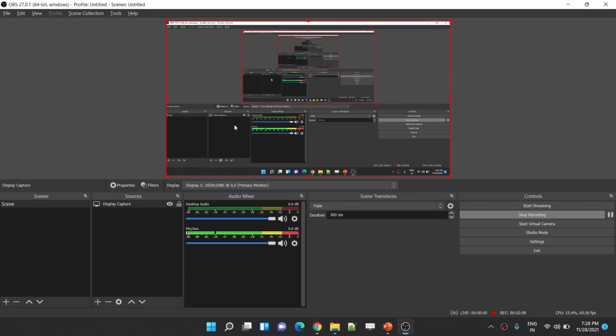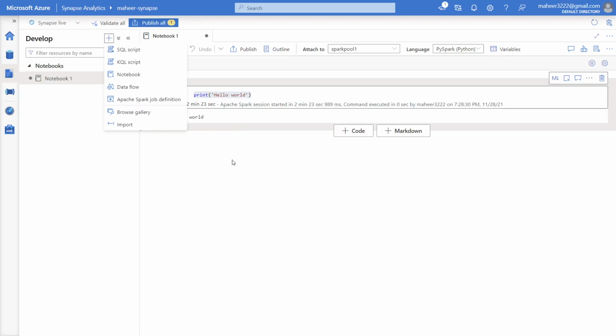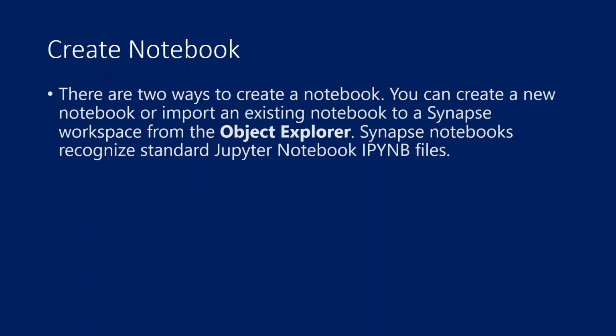Now I am going to discuss another important way of creating a notebook, which is importing an existing Python notebook. If I go to the presentation, there are two ways to create notebooks. One is you can create a notebook directly, or you can import an existing notebook into Synapse Workspace.